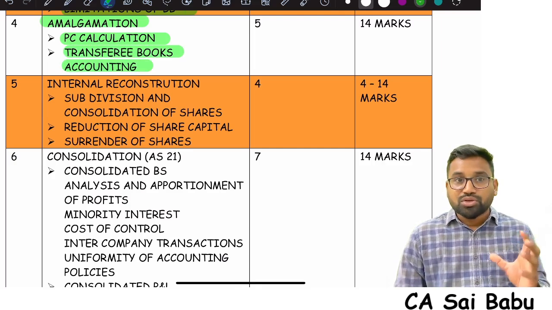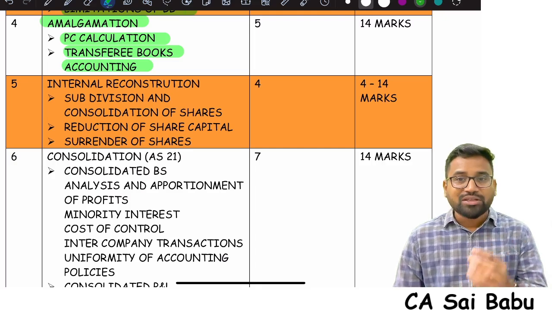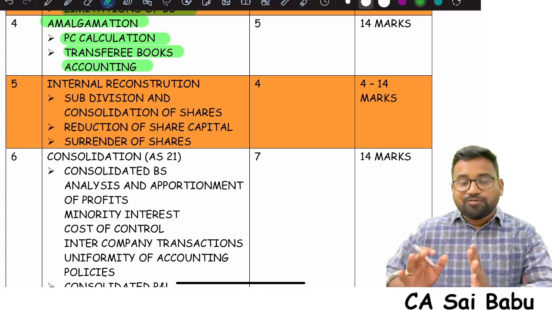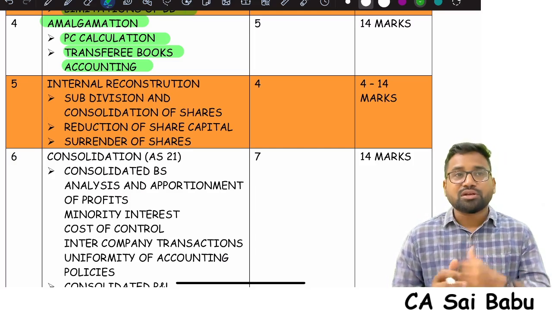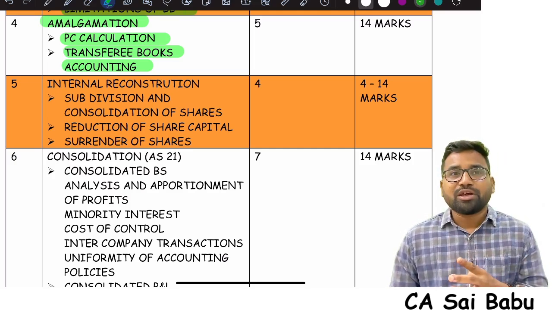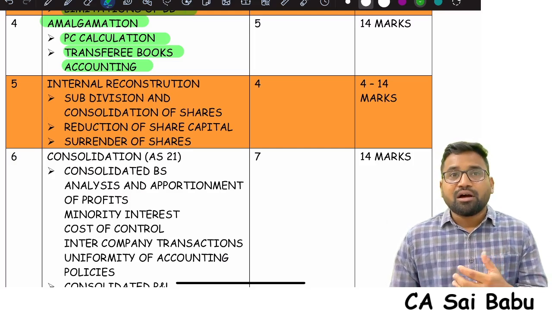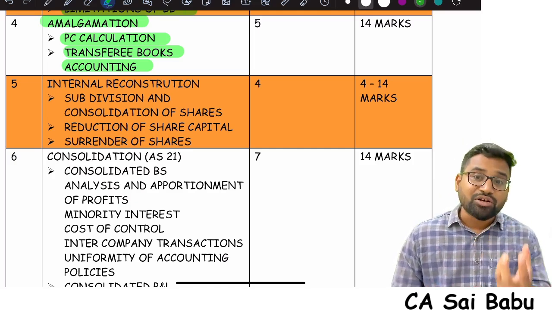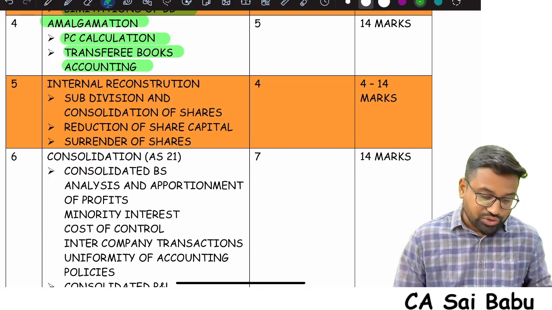Transferee company books accounting is very, very important, because the transferor company is going to be liquidated anyway. The only thing is that there is a dissolution, so you need to close the books of account. So the major focus is on transferee company books. When you are understanding the transferee company books, how the incorporation entry will be recorded, how goodwill and capital reserve will be ascertained, how any intercompany transactions will be dealt with, how any statutory reserves will be dealt with, and liquidation expenses adjustments, these are the important areas you need to focus on.